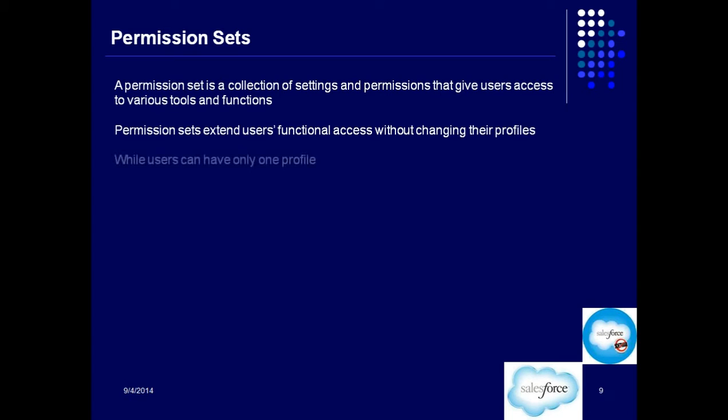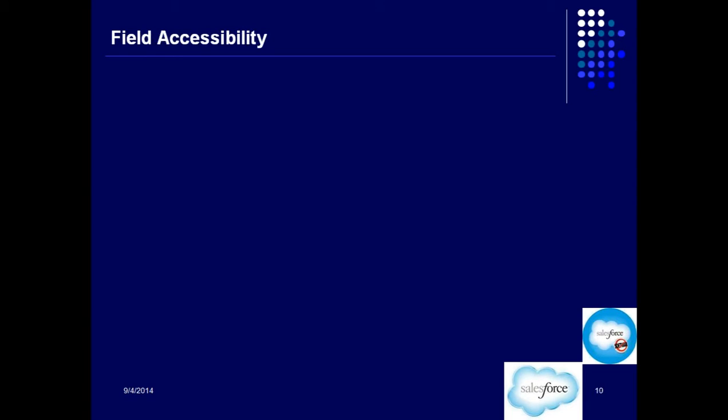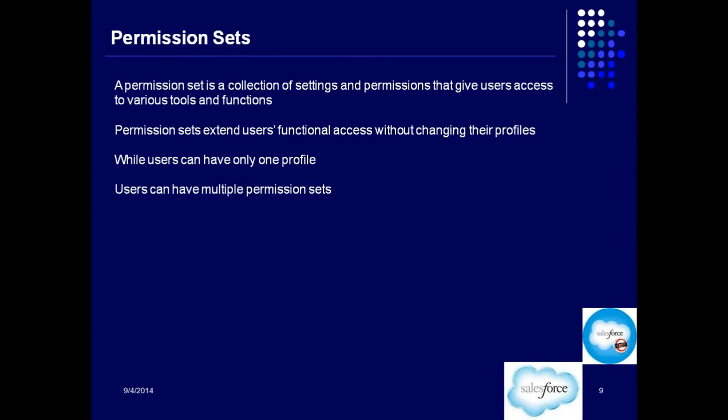While users can have only one profile, and profile is mandatory, every user has to have a profile, users can have multiple permission sets, and it's not mandatory, it's optional. Whenever you feel that the user requires some additional permissions which are not given to him through the profile, then you go to the permission set. Got it?